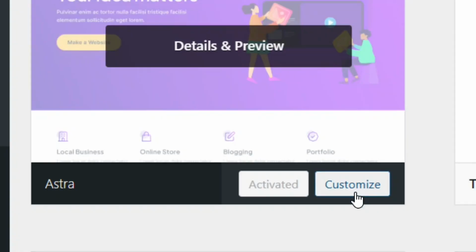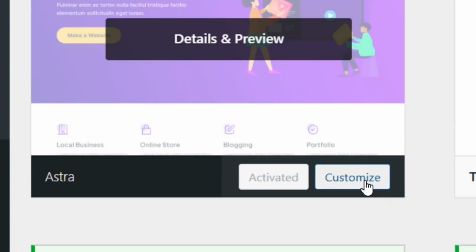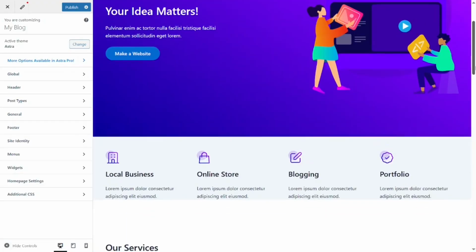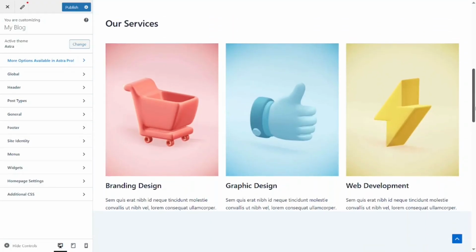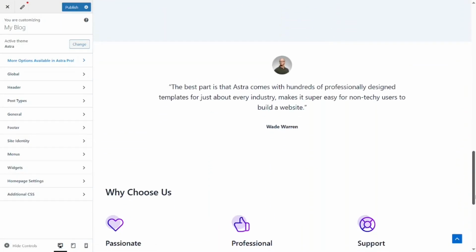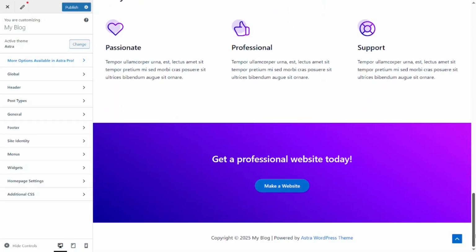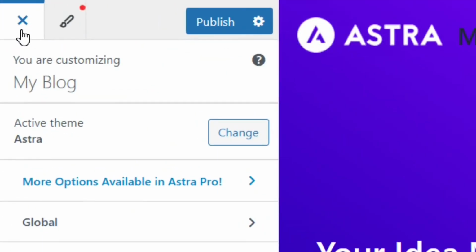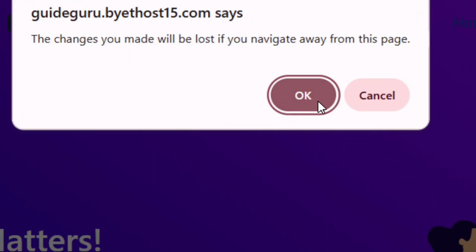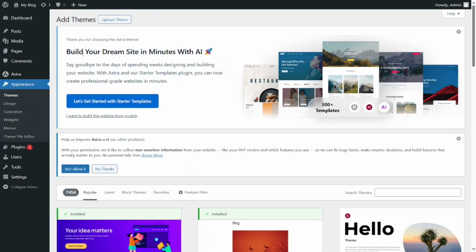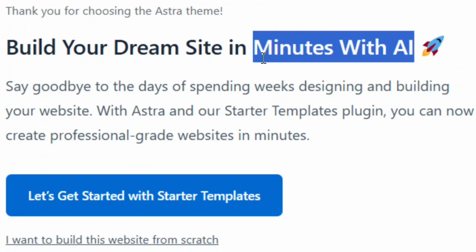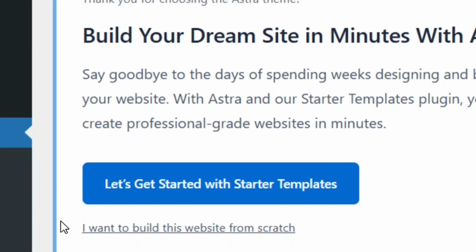Okay, click on the customize. So when you click on it, you have the option to customize the main Astra layout. Okay, change some things if you want, but I don't want the Astra layout. Even though I have installed the theme, I don't want the layout, so I'm simply going to click on OK to close it, and then I'm going to build a fresh new website, okay, with